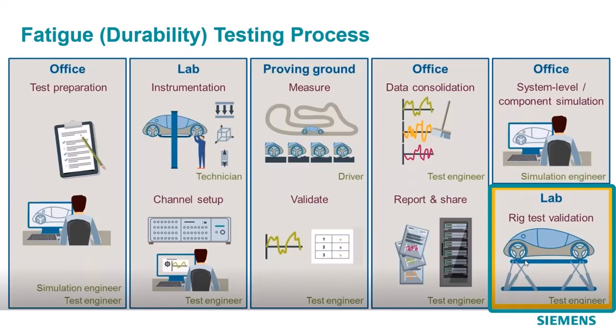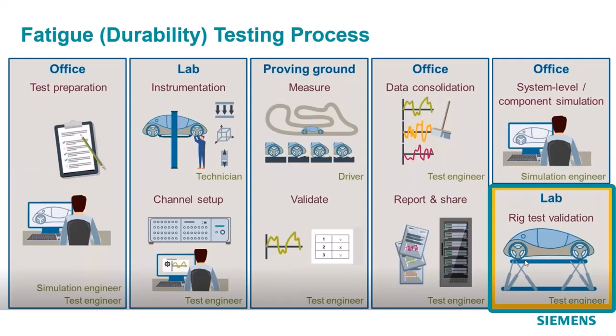You want to give that input load to your shaker so that you can represent the proving ground loading conditions on this shaker. That is an important consideration, because you cannot do all your testing on the proving ground. If you want to complete a certain number of cycles, or a certain lifetime, like 10,000 hours, and you want to do that on this proving ground, that requires a lot of manpower, and you require a lot of time on the proving ground.